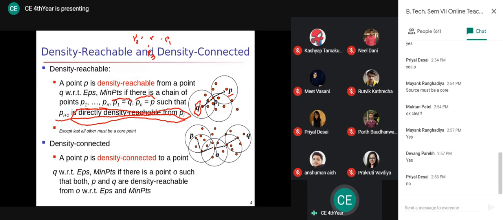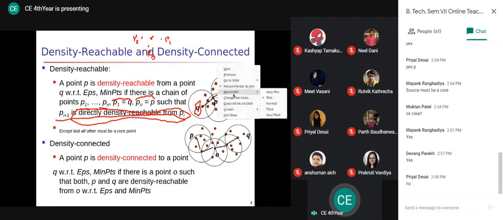So that other point, which is not in my boundary but belongs to the boundary of an intermediate point, and that intermediate point is also a core point, then I can say whichever other points are in the boundary of that second point are all density reachable from the current point. Fine. So with this understanding, let's